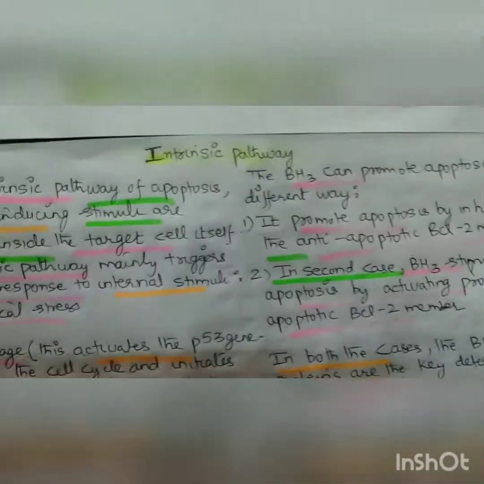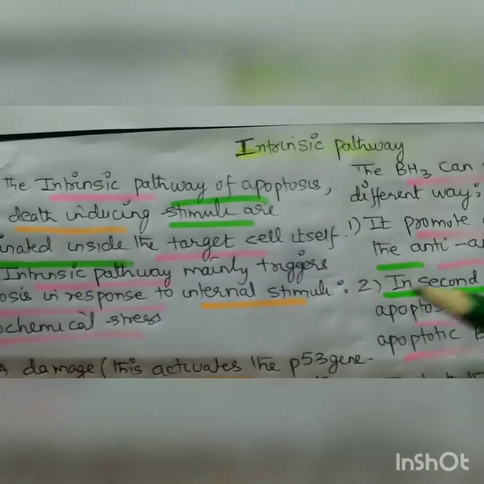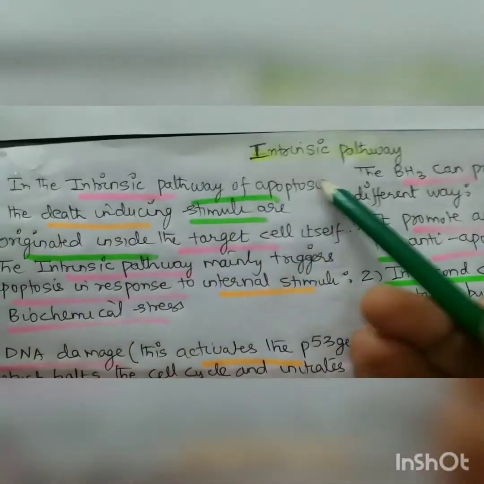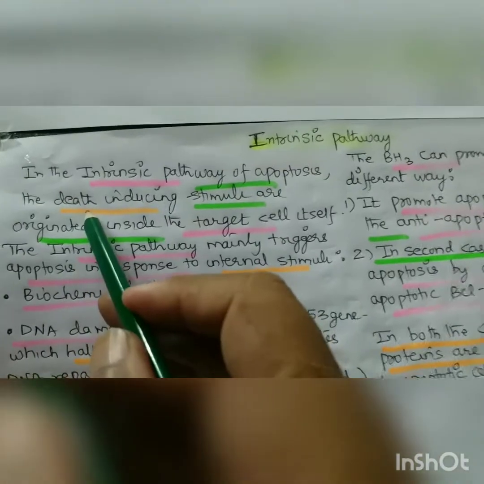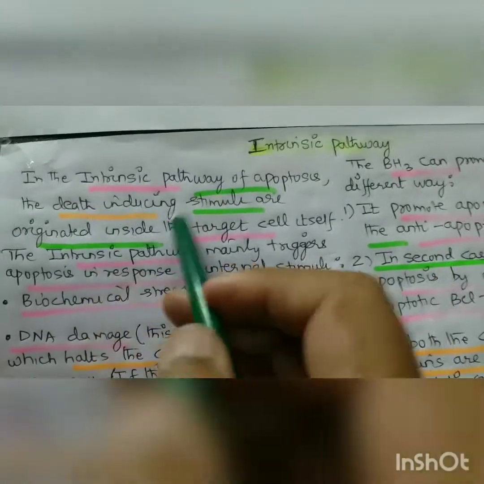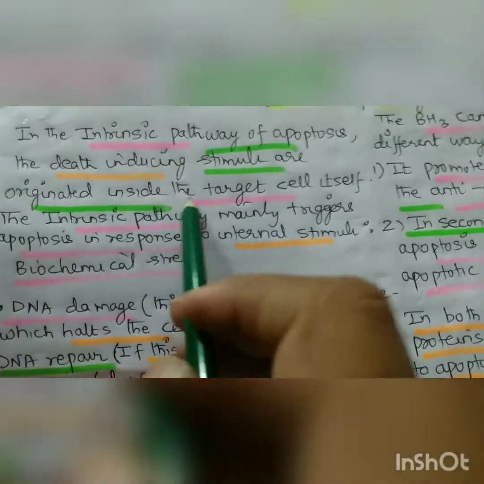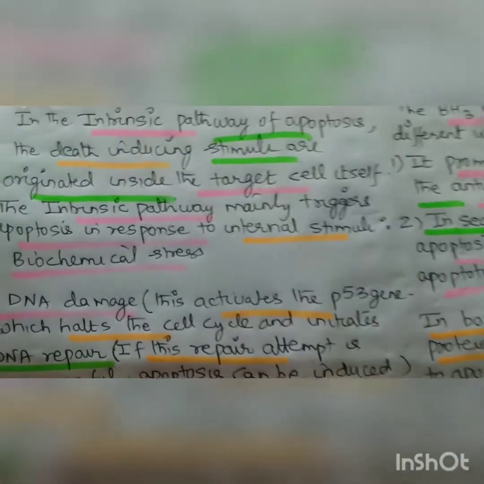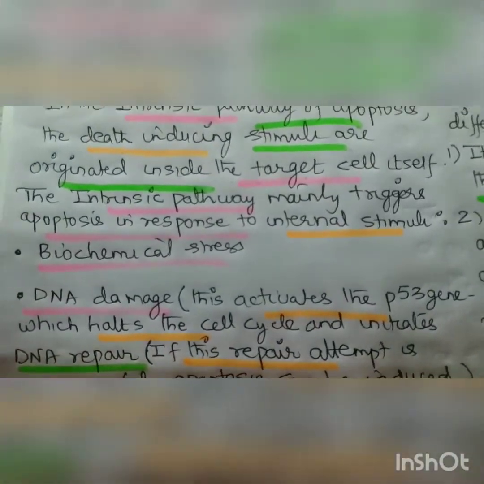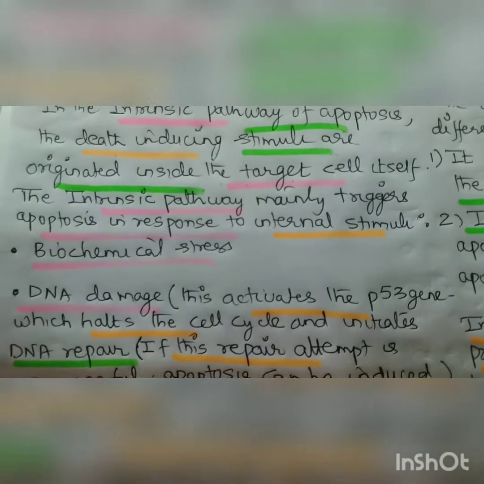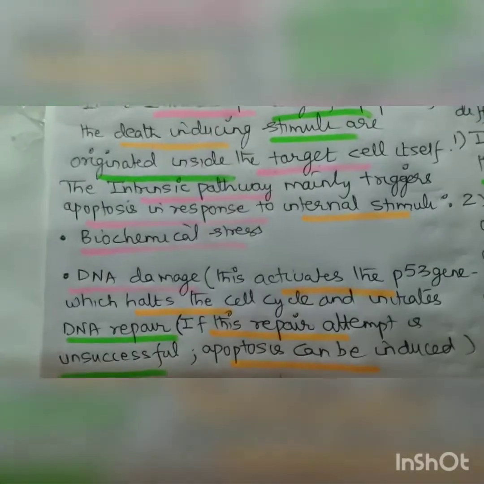Now I am coming to the pathways. The first pathway is the intrinsic pathway. In the intrinsic pathway of apoptosis, the death-inducing stimuli originate inside, that is why it is called intrinsic, inside the target cells themselves. The intrinsic pathway mainly